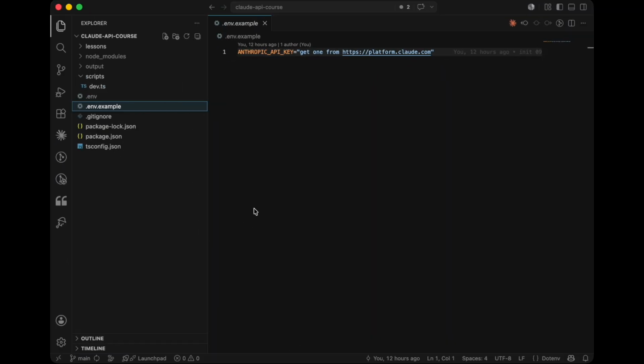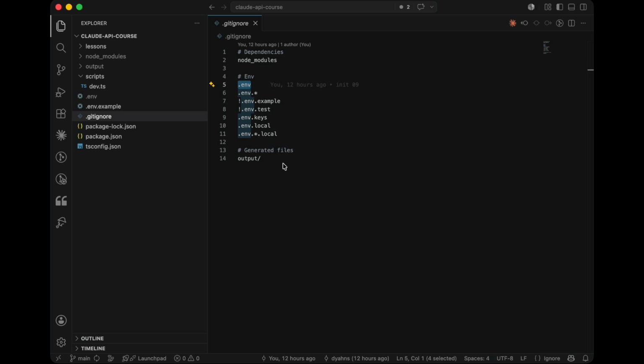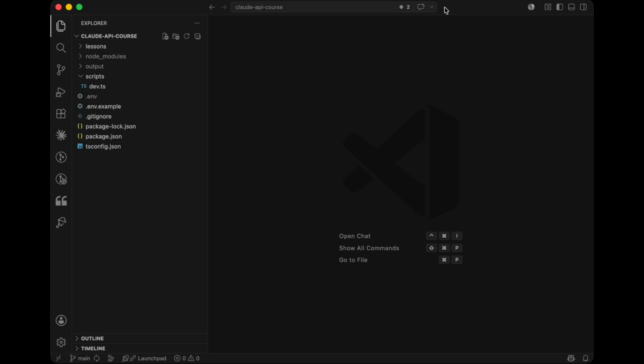Back in our project, you'll find a .env.example file. Copy it to a file .env, that's the file our dotenv dependency will read, and paste your API key there. The .env file is already in gitignore, so that your API key is not accidentally committed to the repo. With this, the SDK will pick up the Anthropic API key automatically. You don't need to pass it anywhere in your code. As long as it is in the environment, it just works.